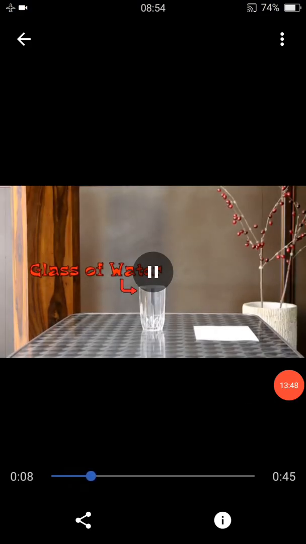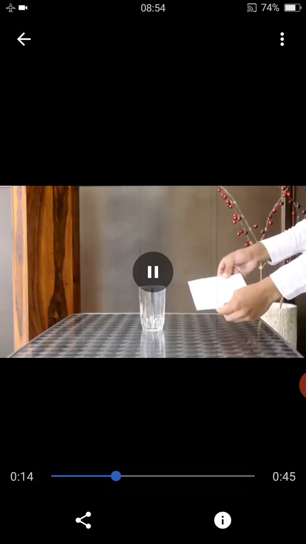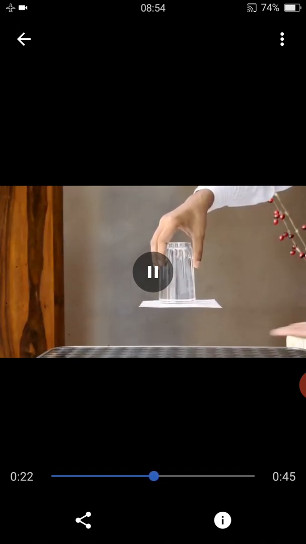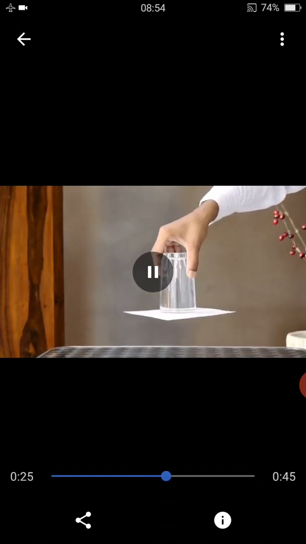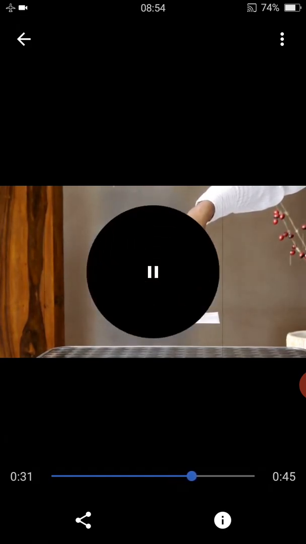To understand how large this atmospheric pressure is, we can see one activity here. Okay, now see a glass of water and a picture card. The picture card is kept on the mouth of the glass and it is kept upside down. And he removed his hand. So we can see the water is not spilling out and even the card is not falling. Is that clear? What's the reason? The pressure exerted on the cardboard.